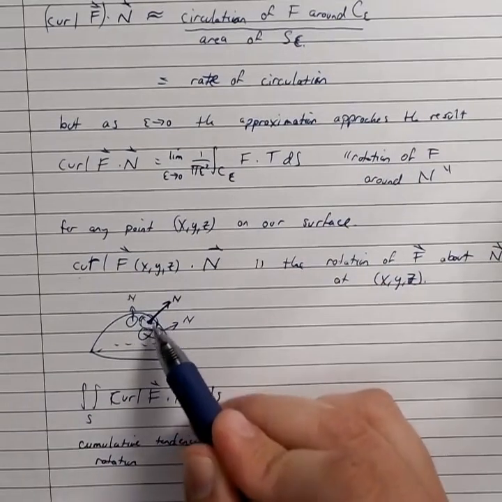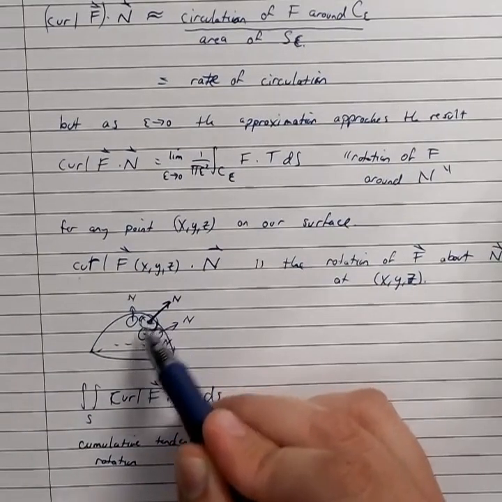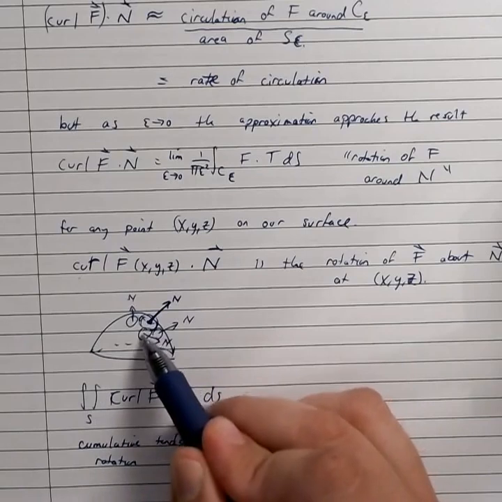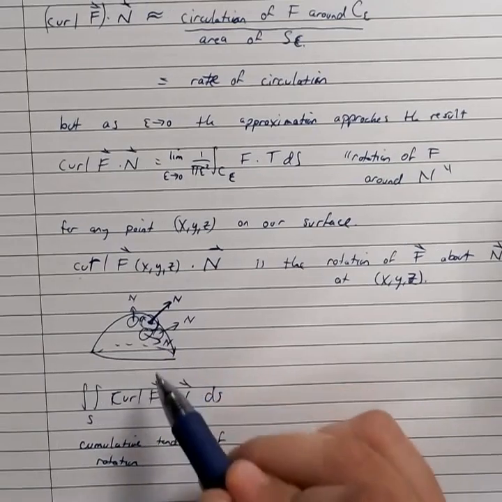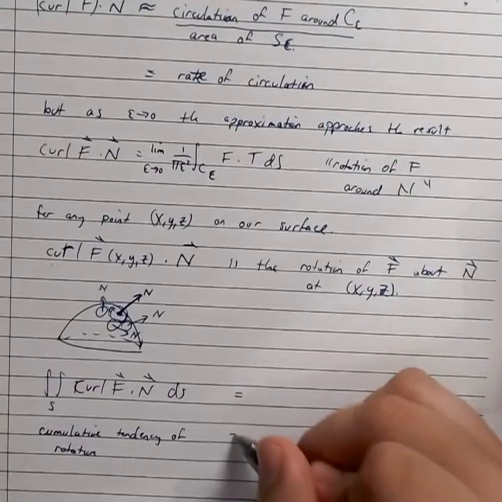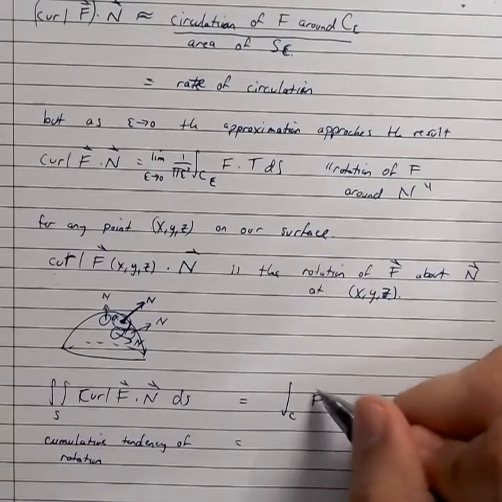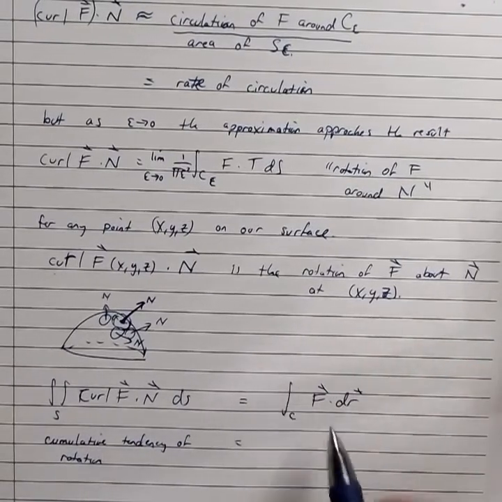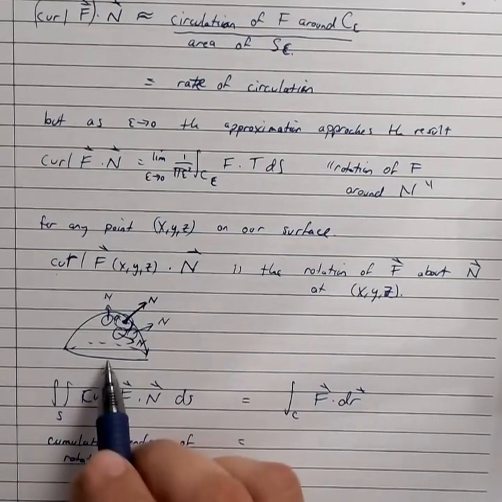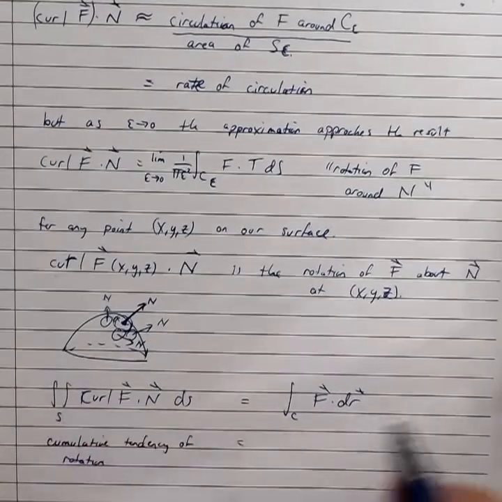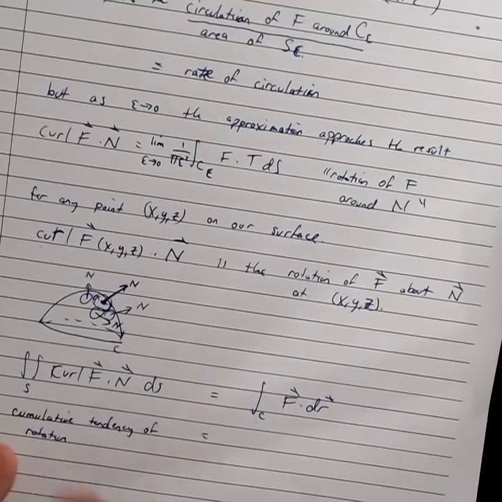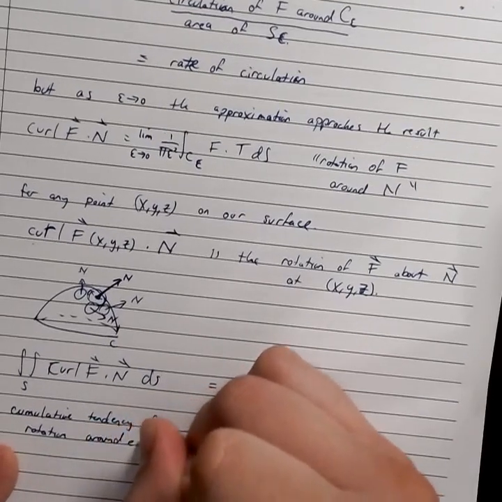What's the tendency for my vector field to want to rotate around this point? What's the tendency around this point? And this point? Okay, do it for every point and add them all together. Stokes' theorem says that that's the same as the line integral over C of f dot dr, or in other words, the tendency of our vector field to want to rotate around the outer edge. C after all is the outer edge, so the cumulative tendency of rotation around each point,